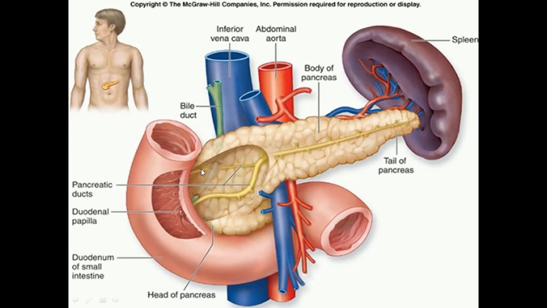And you also have a small accessory pancreatic duct called the Santorini's duct, which drains the pancreatic secretions into the second part of the duodenum. On a cross section, you find two openings here. This is the major duodenal papilla and the minor duodenal papilla. The major duodenal papilla is the place where the bile duct opens.